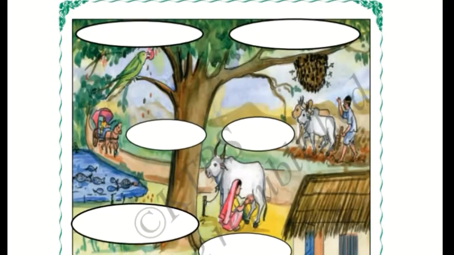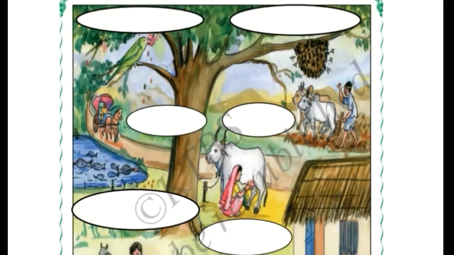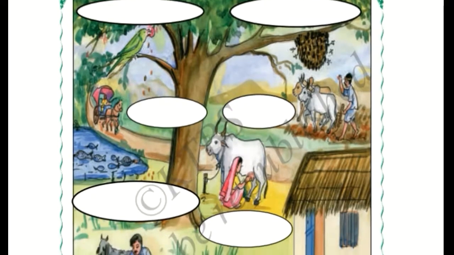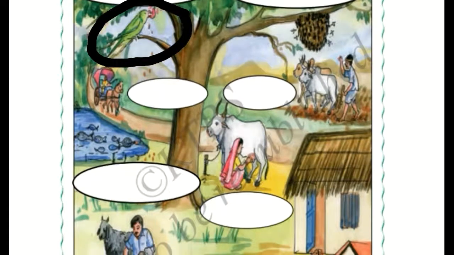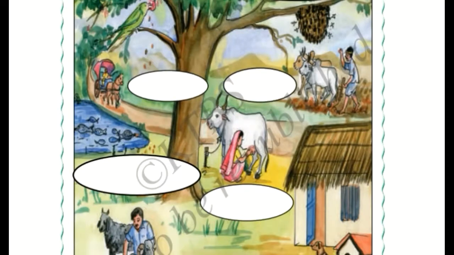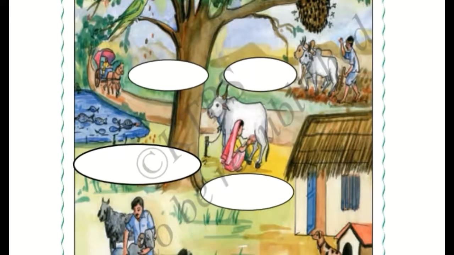Okay, next, see here the pictures which are given here show how animals are useful to us. So let us write the uses of the animals in the space provided in the pictures. First, what can you see? You can see here an eagle eating the dead worms. So let us write birds. Birds eat the worms and keep the environment clean.